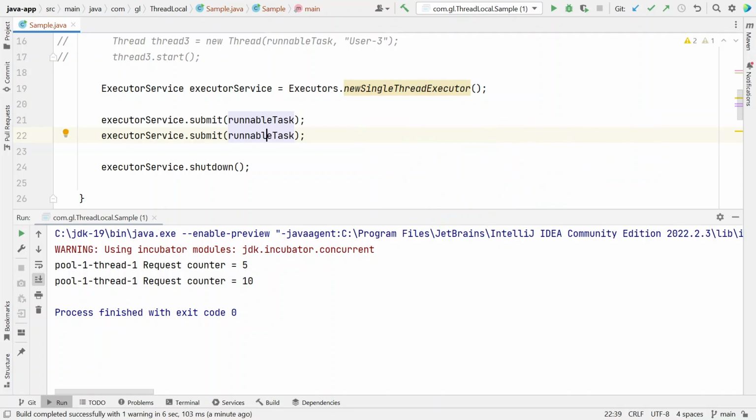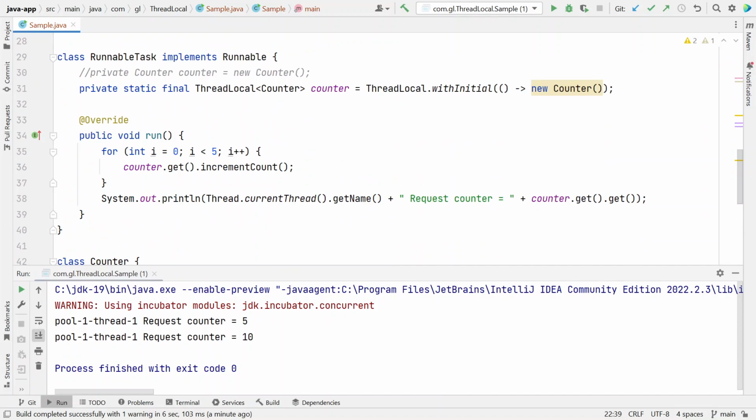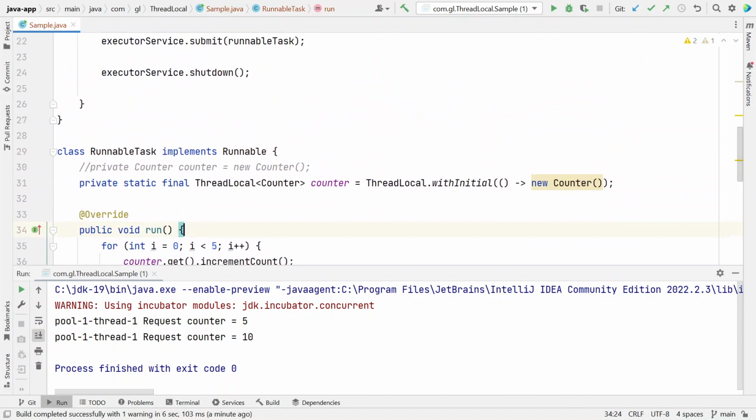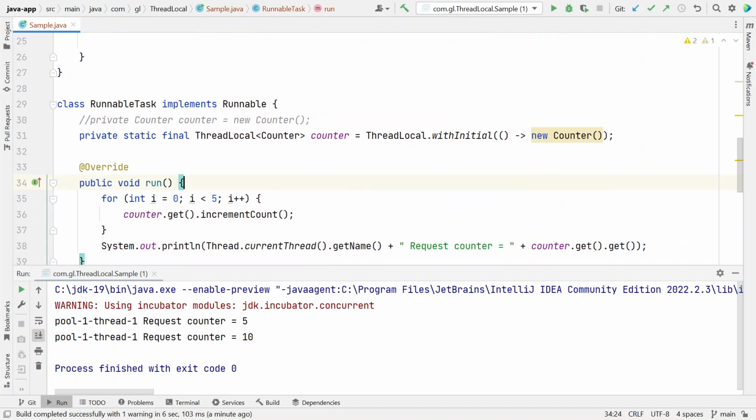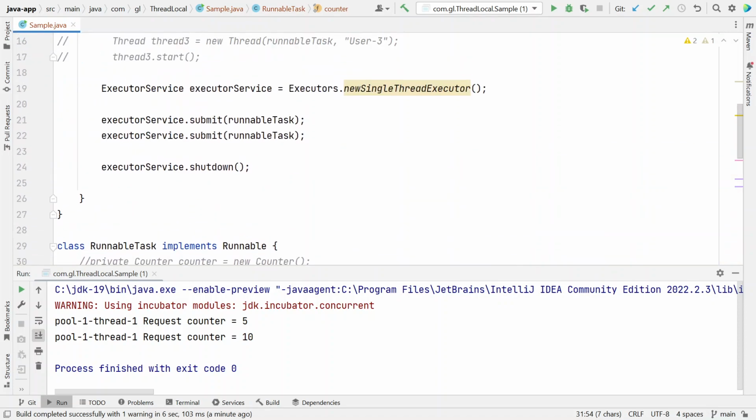So how to solve it? In this case, thread local variable gives one concept: for each thread you have to use its own copy. So solved here. Before going to deep dive, this thread local variable has another concept, you can clean up the stored value. So how to do it? Before that, let's